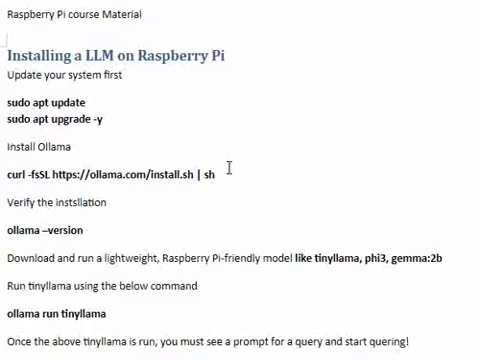What is OLLMA? It's basically a software which enables you to run your models on the Raspberry Pi. So we have to install that, and after that just ensure that it is properly installed. You give the OLLMA version command, which returns the version of OLLMA, and then there are several lightweight models which we need to run